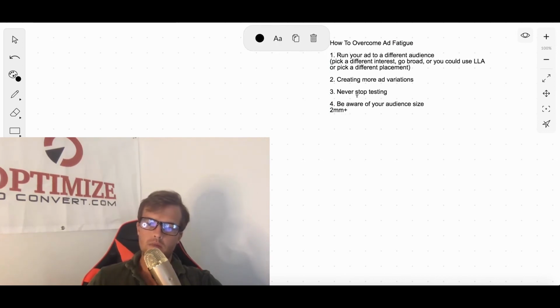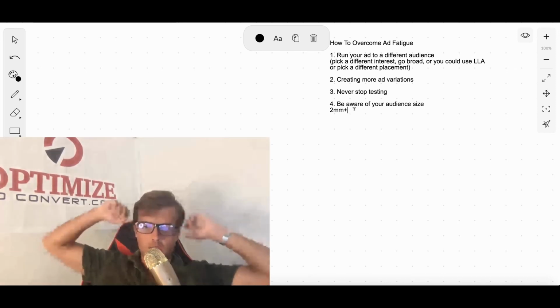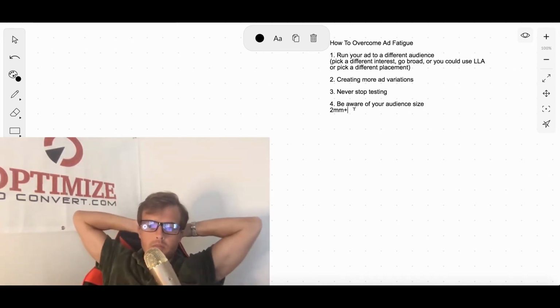So the best campaigns to run at a high volume are campaigns that have a very good profit margin that also are running to a broad audience. So, broad audience, it could be an audience of 10, 20, 30 million plus. It could even be just the entire United States, 18 plus, male, female, all placements. So it's something to be aware of, right?